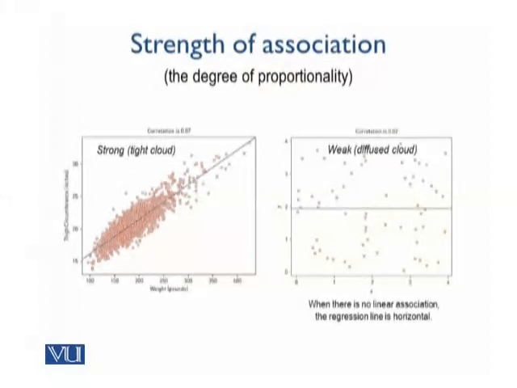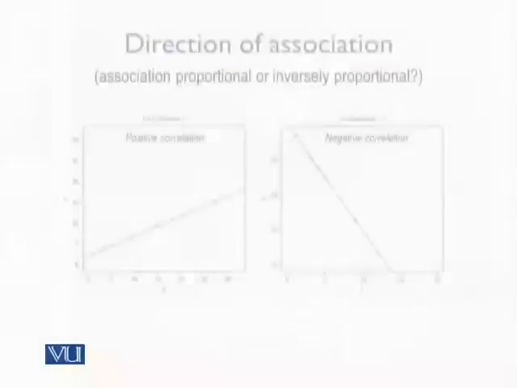It is also specified in terms of the strength of the association. If a change in one variable always, or almost always, produces a corresponding change in the other variable, we would say that this association is strong. But this association may also be weak, when the correspondence, or the moving in step of the two variables, is not very strict. So let's talk about these two issues, the direction of the correlation and the strength of the correlation, in some more detail. Initially, we'll be talking about the direction of the correlation.